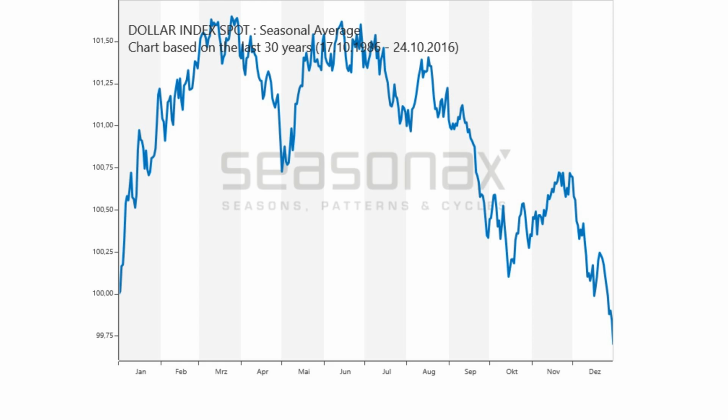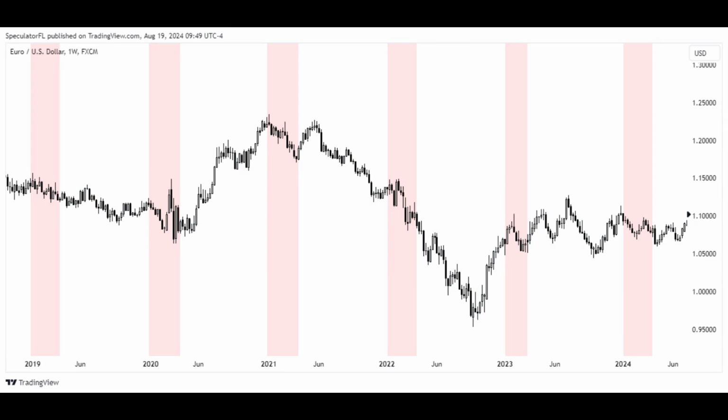So here it shows that the dollar forms higher prices from January to March, which means that EUR/USD will form lower prices, right? Now moving on, right here you can see this EUR/USD weekly chart, right? And these rectangles represent the first 3 months of each year from January to March, right? And we're going to check this data inside these rectangles,